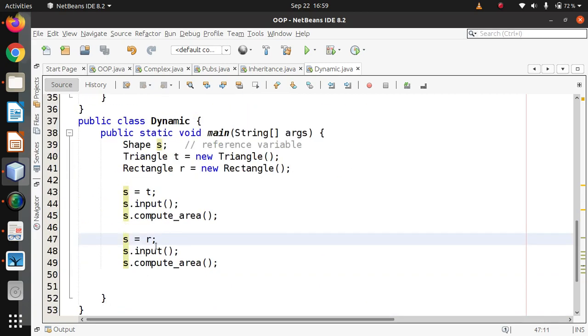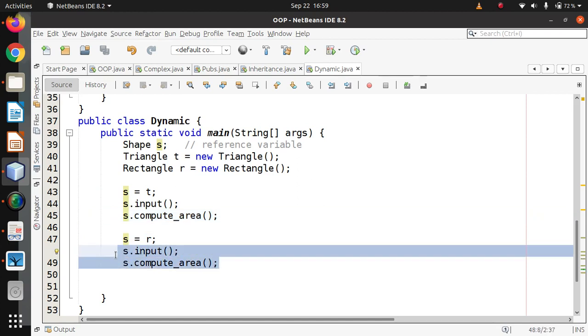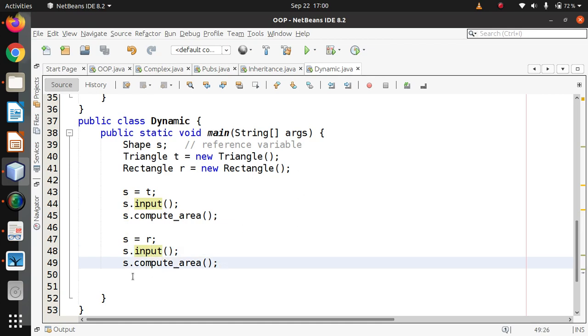Remember, so same method is there. When I assign this object, your subclass object can be assigned to a reference variable of superclass. Here also same concept is there, but see, though the statements are same, the compiler will check that the statements are same, but at runtime the interpreter will identify what exactly the form of the method to call at this particular instance, that is different. That's why it is called dynamic binding. Okay, so let's try that now. The program is completed.